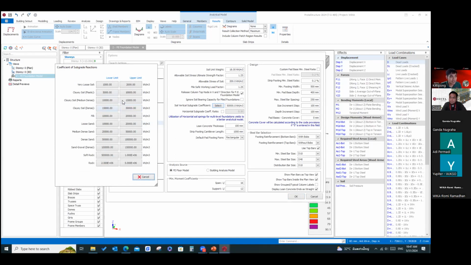This number comes from the book, from the theory. There will be a lower limit and an upper limit for each type of soil. If you would like the correct number, it should come from the lab. But if you don't have the lab, this coefficient of subgrade reaction is from the software. Can we modify this number, Mr. Kitipong? Yes, you can input it manually.